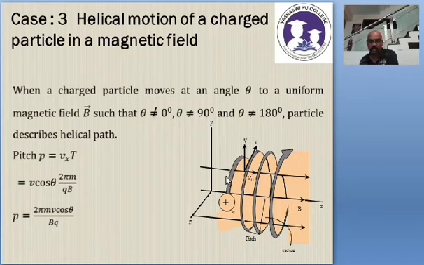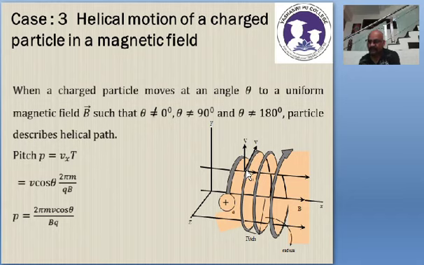Okay, if you want, you can note this down here. See, it is given very clearly that the velocity is in this direction. You can split the velocity into a component in the direction of the magnetic field, say along the x axis, known as the v parallel component. You can also have the component of velocity perpendicular to the x axis, perpendicular to the magnetic field, that is the v perpendicular component.